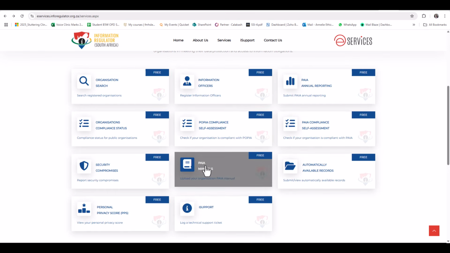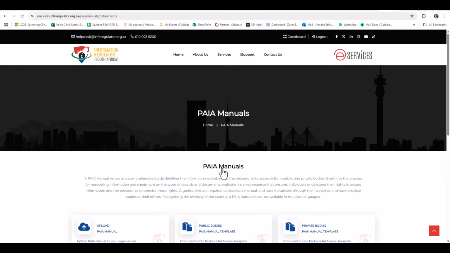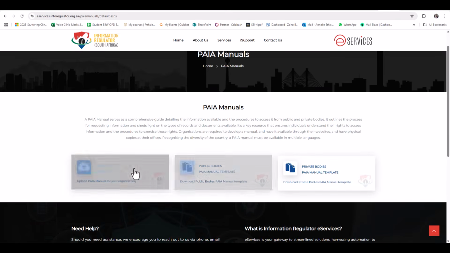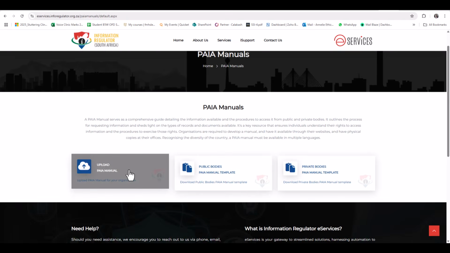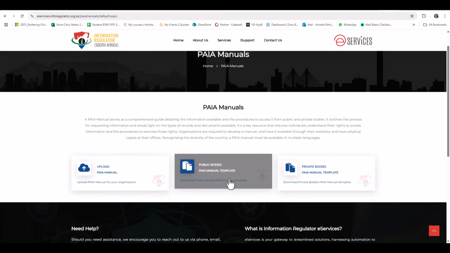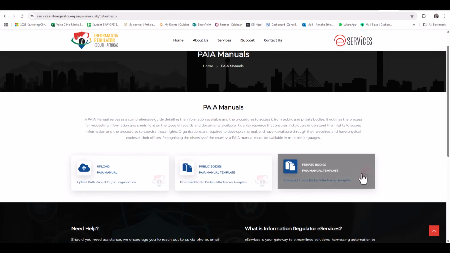Then also we do need to have a PAIA manual. So if you click on the PAIA manual tab, it's not something that you have to upload to their portal. There's no deadline for that, but it needs to be available on your website, or a physical copy of that in your office. And it's got templates for a public body and a private body as well. So the private body template is the one that you will likely use to help set up your own PAIA